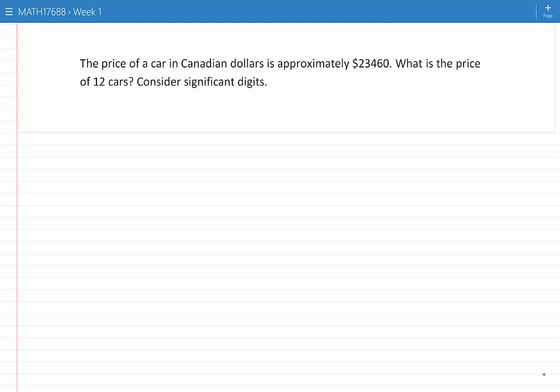The price of a car in Canadian dollars is approximately $23,460. What is the price of 12 cars? Consider significant digits. The actual calculation for this question is pretty simple. The total price